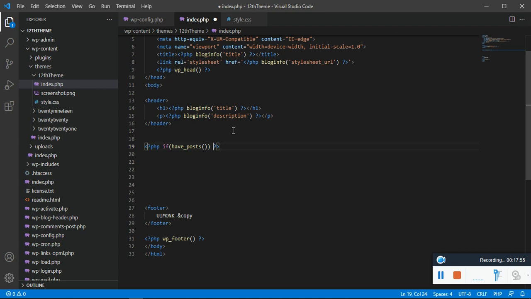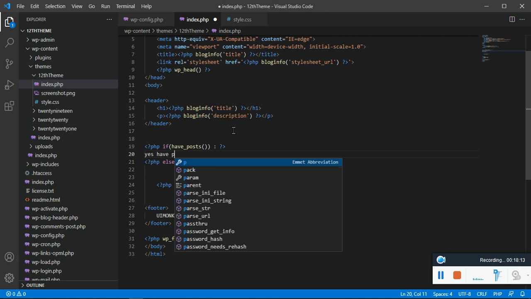If there is any post, PHP, else part, and close the end if. Yes, I have a post.